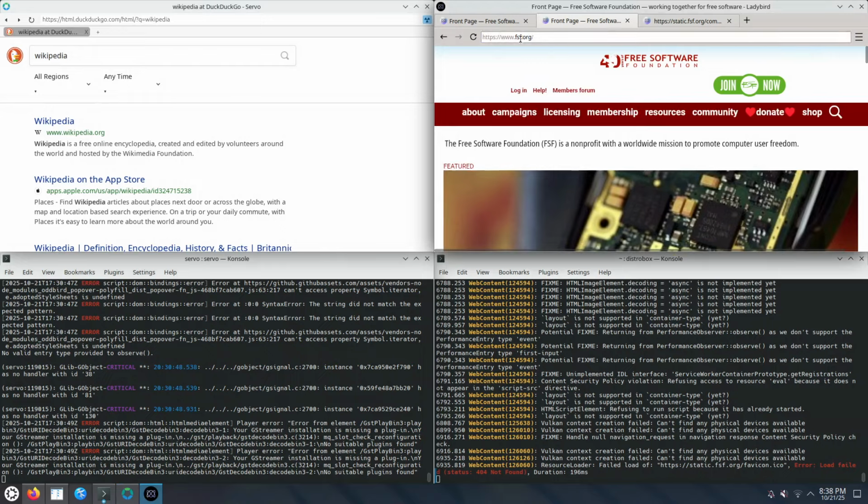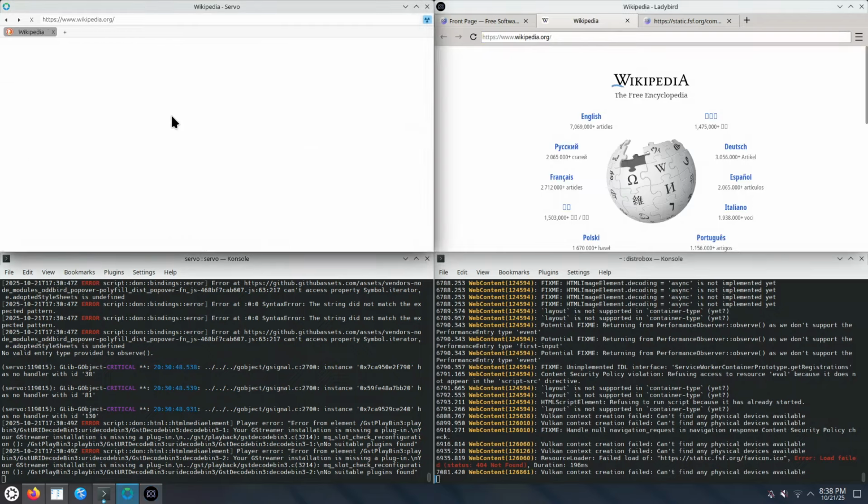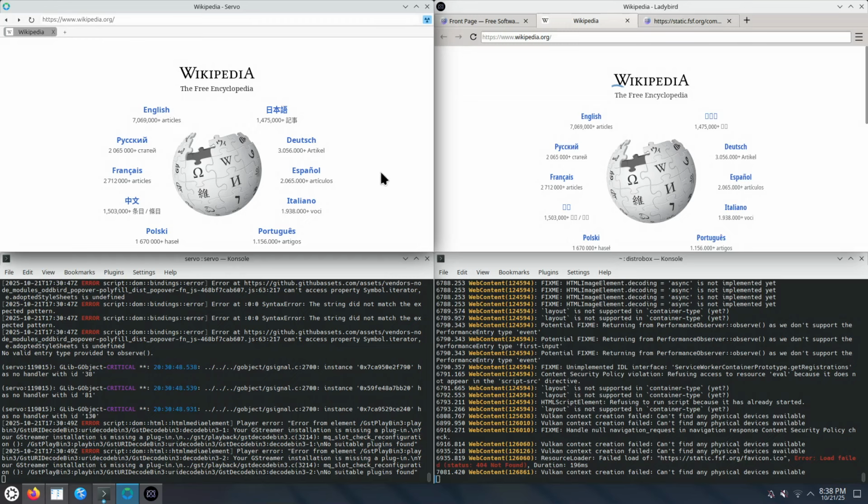It just refreshes the current web page in Ladybird. Wikipedia.org. Interesting. So Ladybird